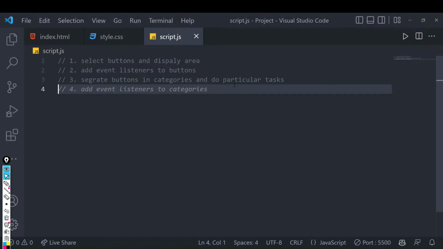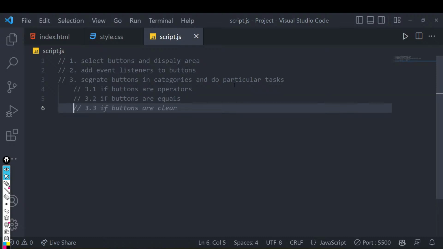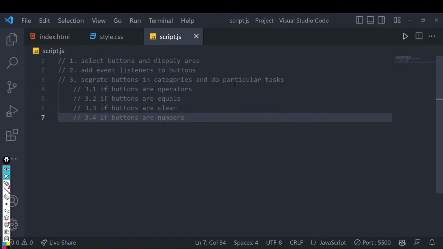In 3.1, what we could do is, if buttons are operators, then we will do some other things. This is just for reference, so that if buttons are equals to, obviously, then we will say, yeah, again, see, GitHub Copilot is helping me out in these things. So all these things will be like our tick marks, or all these things will be our checkpoints. We will first start by doing our step 1. If we are clear with step 1, then we'll move to step 2, and then we will move to the step 3 area.